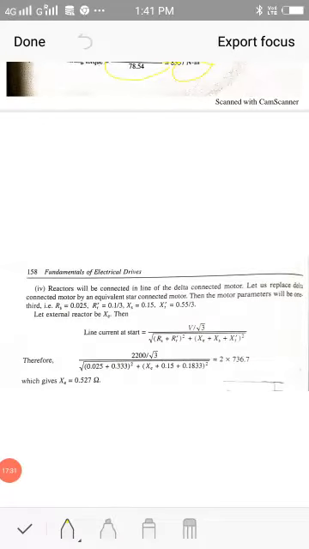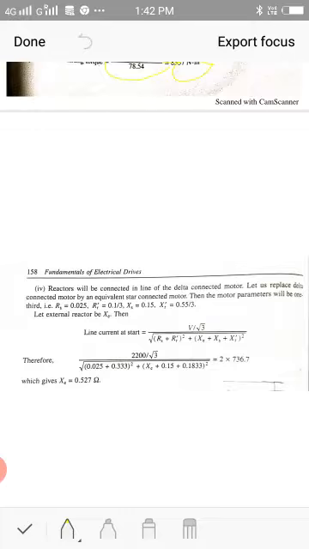Okay, so this is my starting torque. So the last one is, now the induction motor is started by connecting series reactors in line with the induction motor. Okay, in line with the stator winding. Now the stator winding is connected in delta, but this reactor type of starting method can be employed only if the motor is connected in star. Okay, so I need to change these parameters of the motor to star, which will have the same performance as the delta connected winding.